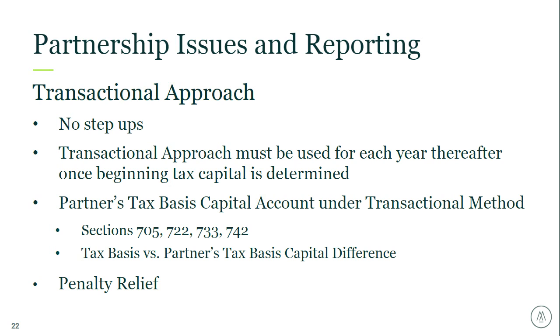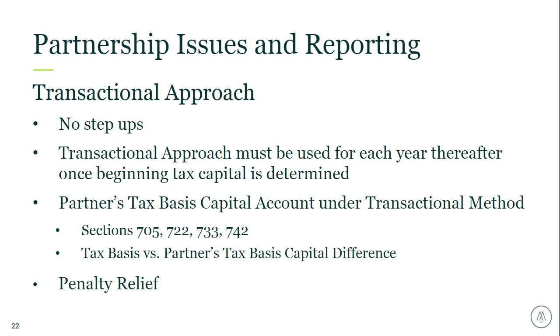Because at the end of the day, tax capital for every partner has to go to zero upon liquidation or wind up. If in total it's zero, but certain partners have positive capital and certain partners have negative capital, there's an error. And so making sure that you're tackling this on a year-by-year basis prevents any last-minute surprises